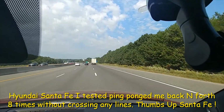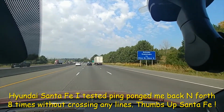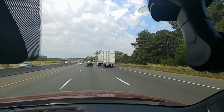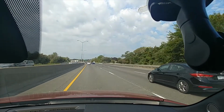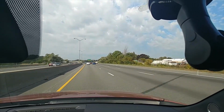Pushing me back, and I can feel the steering wheel vibrate. Let's see if it does it again on this side. The steering wheel's vibrating a little bit. Push me back a little bit. Alright, let's drift into the left. It's pushing me back. Now let me go over, so